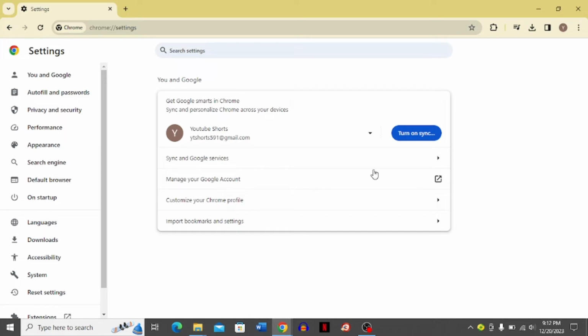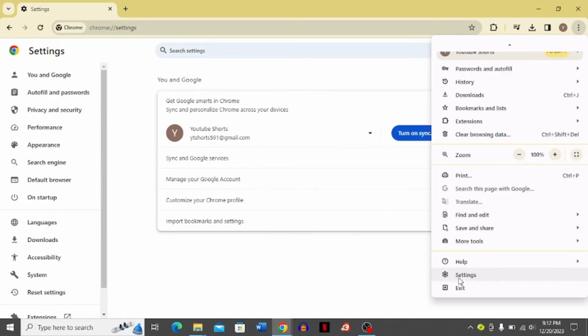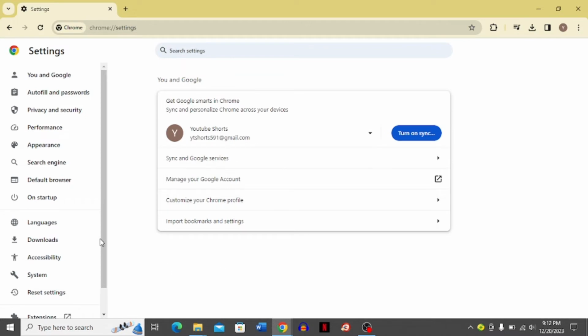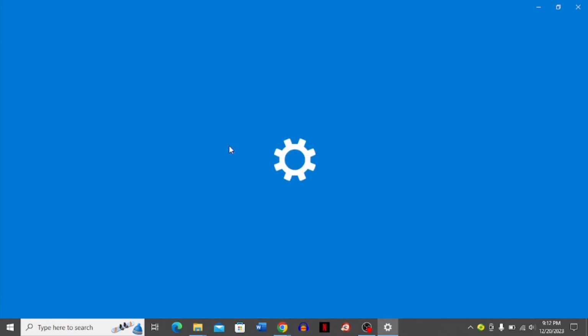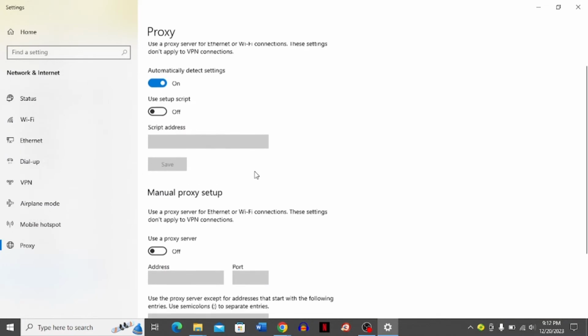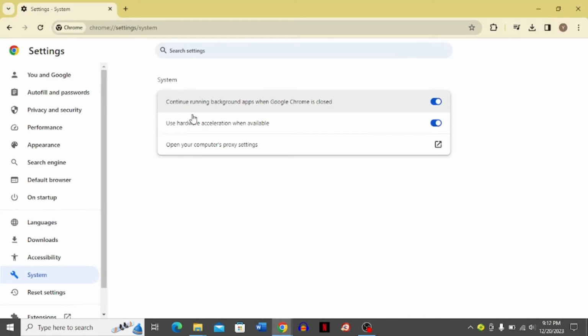So first you can just click these three dots in the top right corner, and then you have to scroll down a bit and click the settings option and come to your settings. Now here you have to click this system option over here and choose open your computer's proxy settings, and then you can just simply add a proxy to your system,